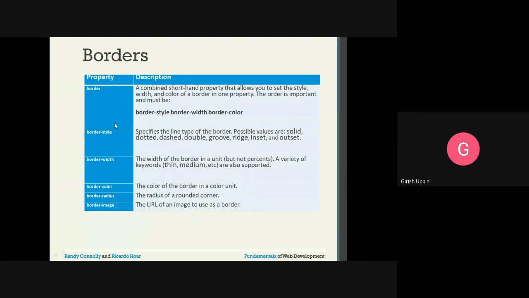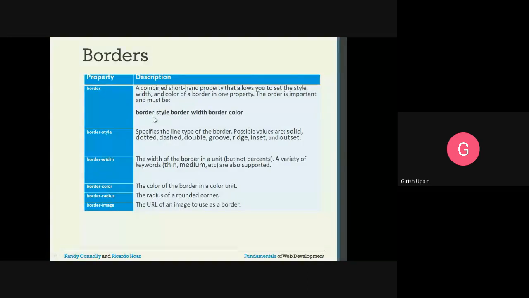Borders, these are the properties. Border is a shorthand property, which allows you to set the style, width, color of a border in one property. This order is important and must be used like this. Shorthand means it includes many other properties. When we say border colon, you can specify border style, border width, and border color.